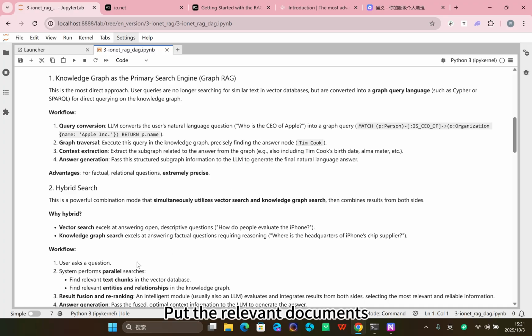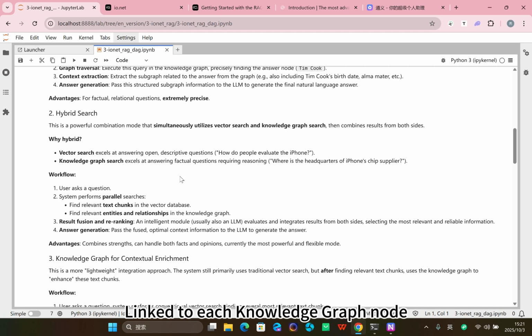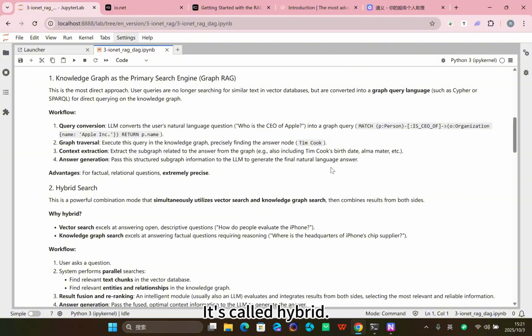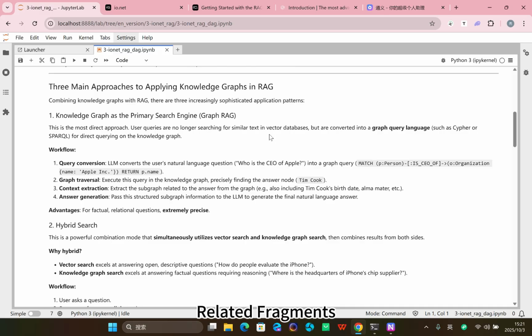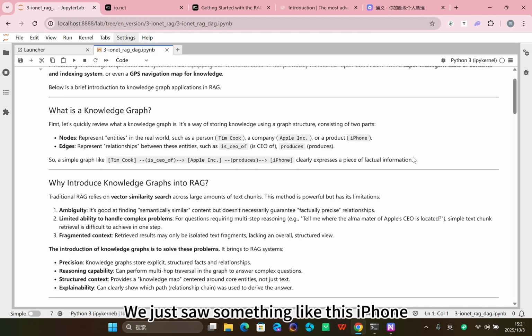Put the relevant documents, document fragments, linked to each knowledge graph node. It's called hybrid. Find the node first, then put the node on. It's like iPhone. Articles related to it. Related fragments. Like this one. We just saw something like this iPhone. We may call the pieces linked to iPhone node. In that case, not only can it answer which company the iPhone product belongs to, and answer all iPhone relevant questions, or when I